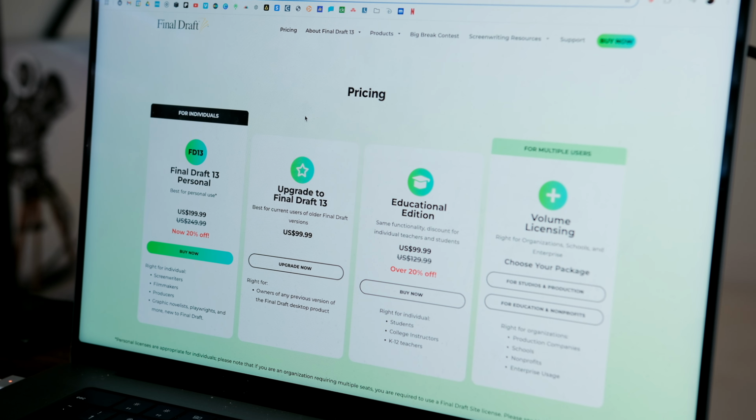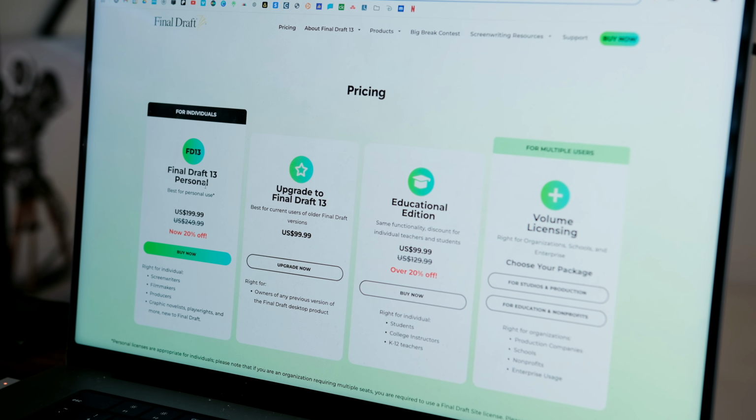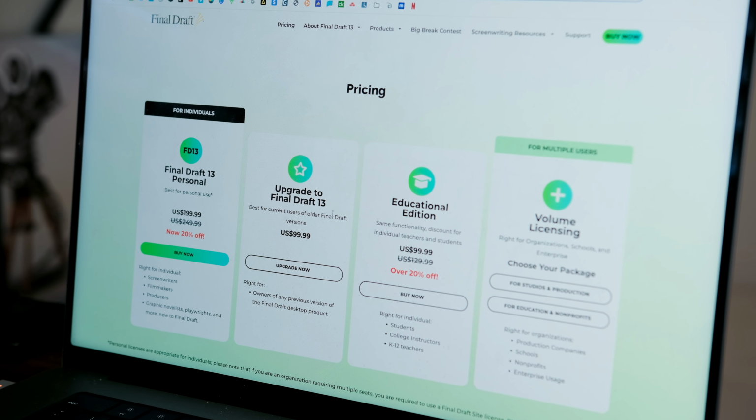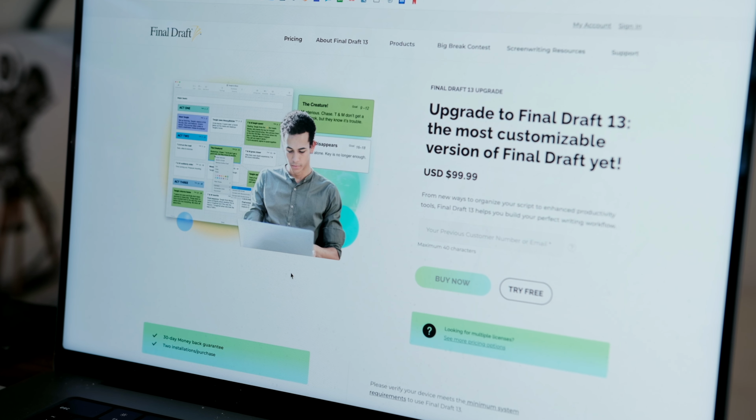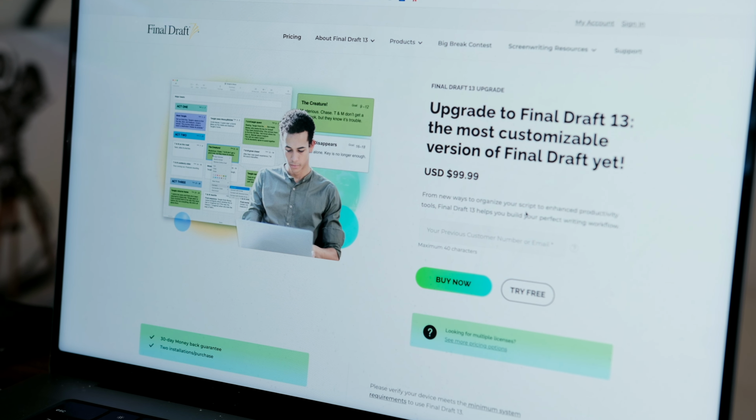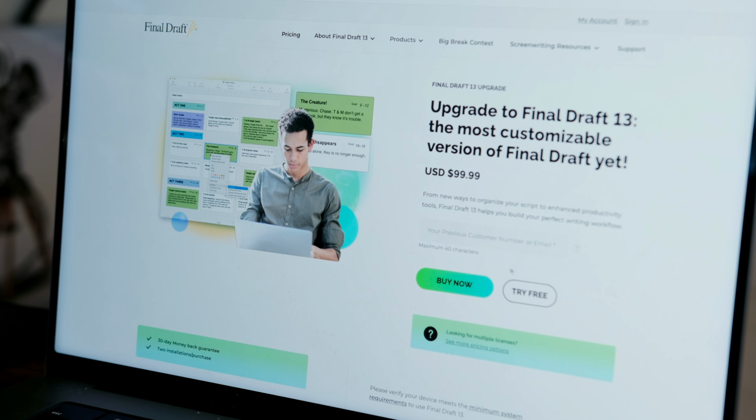In the grand scheme of things, $100 isn't a lot, but to upgrade from a software that I already paid for, that I assumed was free for life to use, kind of out of the principle of it, saying that I needed to pay $100 just to update the software, just to be able to access my files, I need to pay $100. Needless to say, pretty annoyed, to the point where I was looking into other screenwriting softwares, mainly